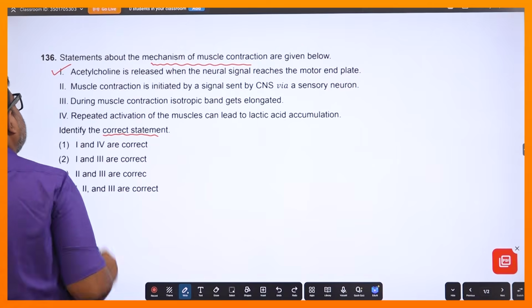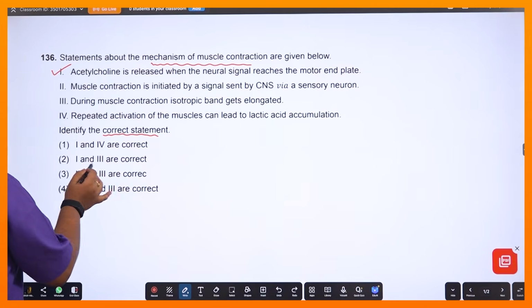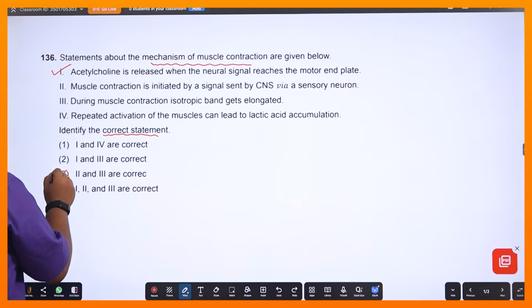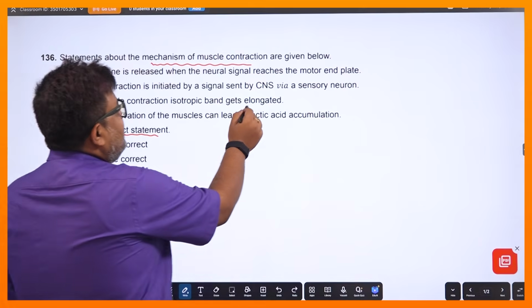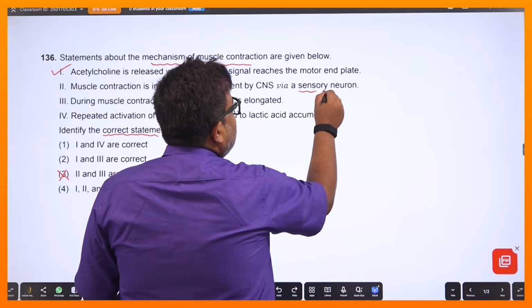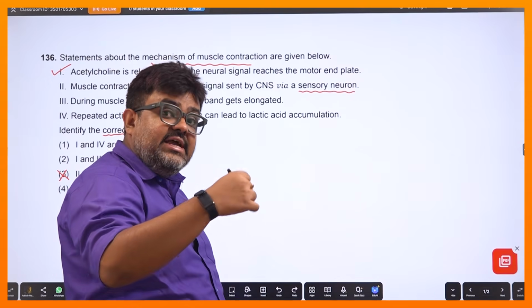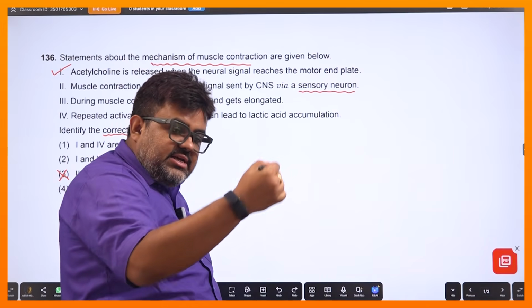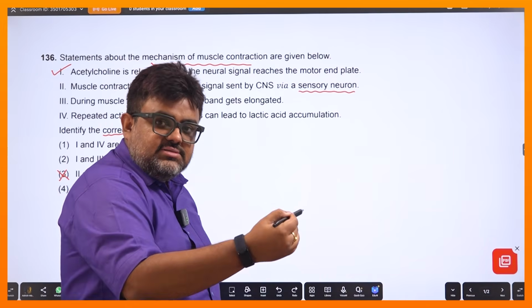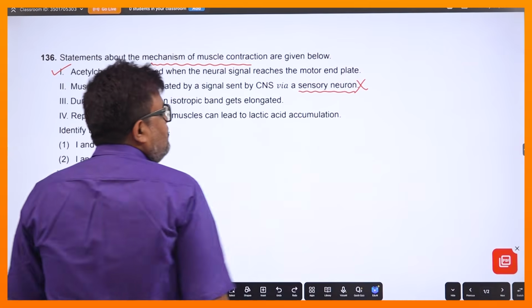এটা ঠিক। তাহলে এটা যদি ঠিক হয় তাহলে আমার কিন্তু অলরেডি যেহেতু কারেক্ট বলেছে আমি 3টাকে এলিমিনেট করতে পারি। 2টা কি বলেছে, মাসেল কন্ট্রাকশন ইজ ইনিশিয়েটেড বাই আ সিগন্যাল সেন্ট বাই সিএনএস বাই আ সেন্সরি নিউরন। সেন্সরি নিউরন কি করে, ডিফারেন্ট সেন্স অর্গানস থেকে সিএনএস এর দিকে সিগন্যাল দিয়ে যায়। যারা সিএনএস থেকে সিগন্যালটা এফেক্টরের দিকে নিয়ে আসে, মানে মাসলস আর গ্ল্যান্ডস এর দিকে নিয়ে আসে, তারা মোটর নিউরন। তো কাজেই দিস ইজ নট ডান, এটা ভুল।